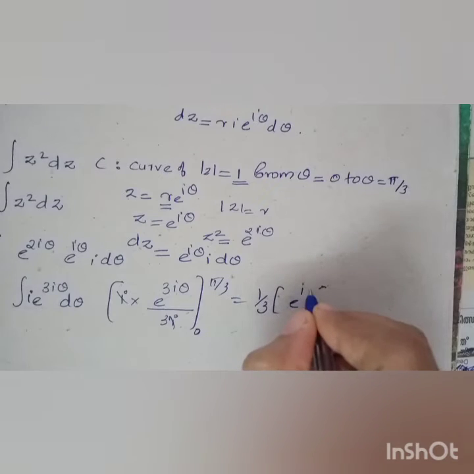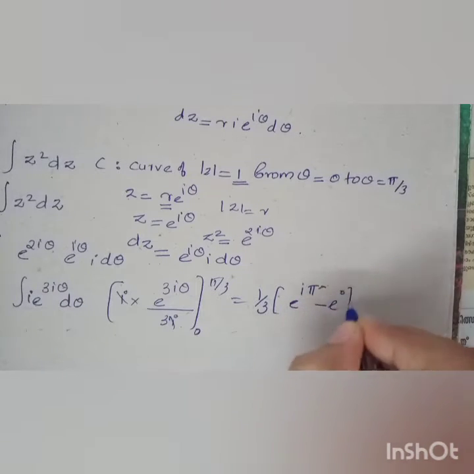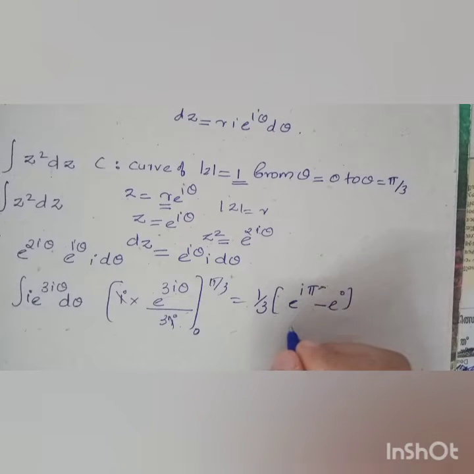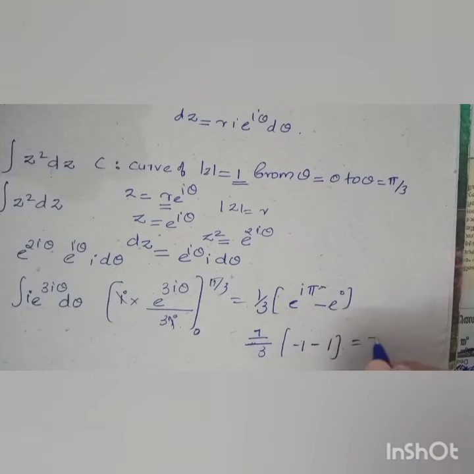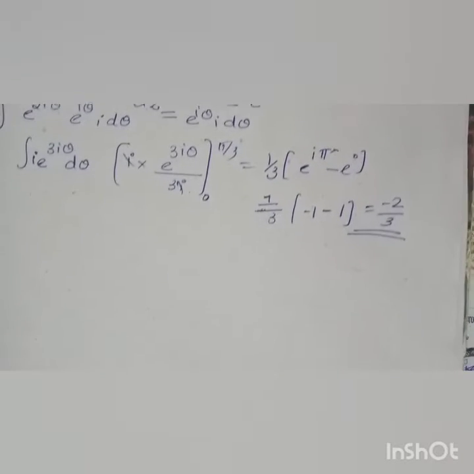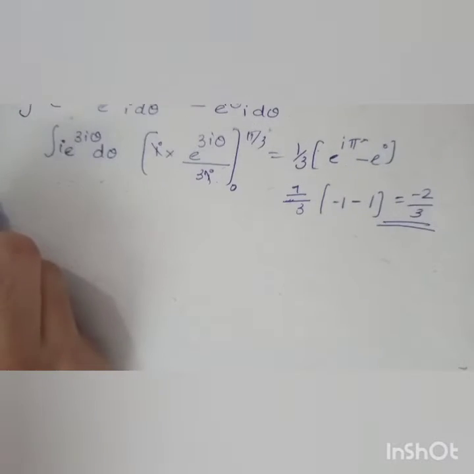e raised to I pi minus e raised to 0. So e raised to I pi, that is cos pi. Cos pi is minus 1. So 1 by 3 into minus 1 minus e raised to 0, which is also 1. So minus 2 by 3 is the answer. Okay, very simple question. And next problem,